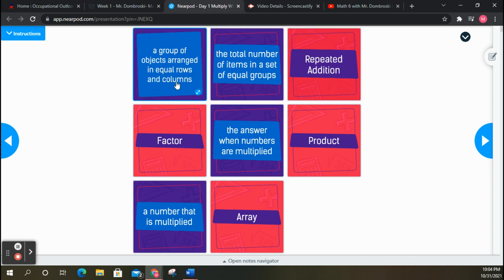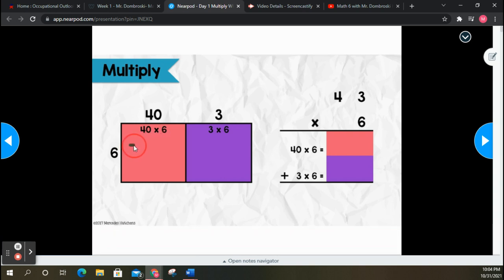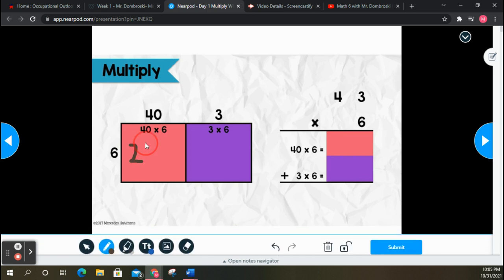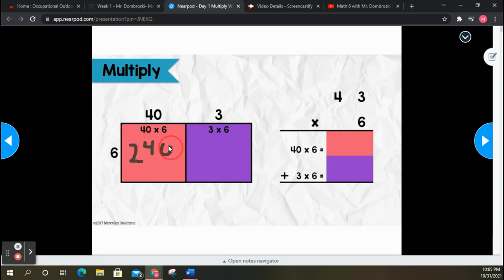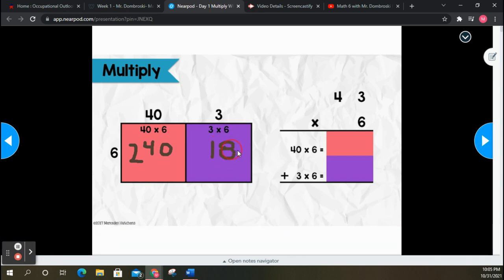Sometimes you'll have a matching activity. Sometimes you'll have to actually draw something to complete the problems. So here where we have 40 times 6, you'll have to solve that problem. You can use the draw tool. You can also use text boxes to type things in if that's easier for you. So here you would basically write your answers in here using these tools. 3 times 6, and then you would add those up in the appropriate place before moving on,